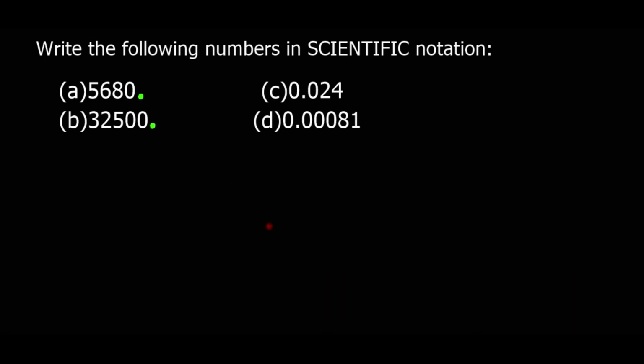Let us look at part C. Part C we have 0.024. We have a very small number. We would expect the exponent to be negative, but the key thing we want is for our decimal point to be in front of the first non-zero number. We will take this decimal and move it there, and then stop, because now it is in front of the first non-zero number. 2 is not 0, so we want it to be in front of the first non-zero number. Therefore we will have